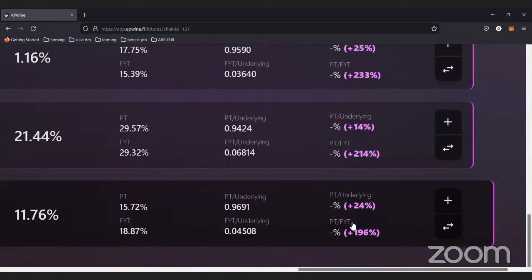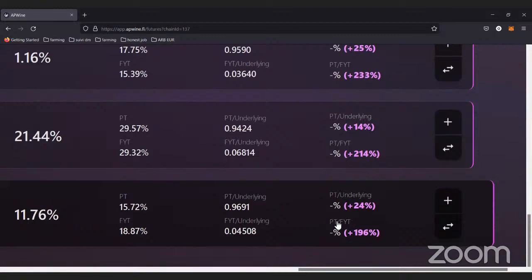So it's a complex process. It's not straightforward. So what people do when they see 200%, they don't say, I'm going to do a lot of transactions to get the FYT. No, they just go to the exchange and they buy FYT from the AMM, which makes the price of FYT go up. They don't care because what they want is to earn the 200% on the PT plus FYT.